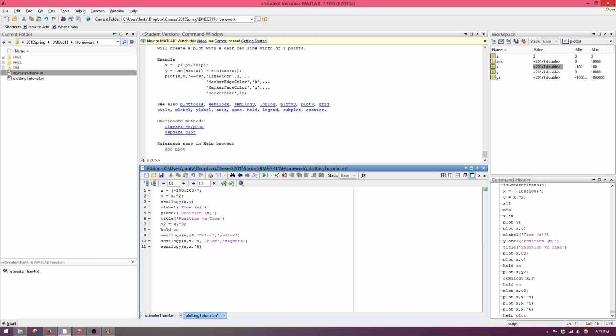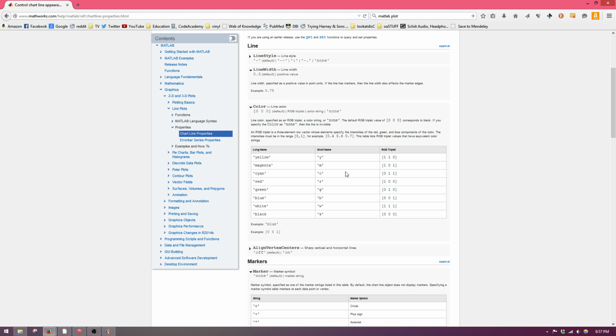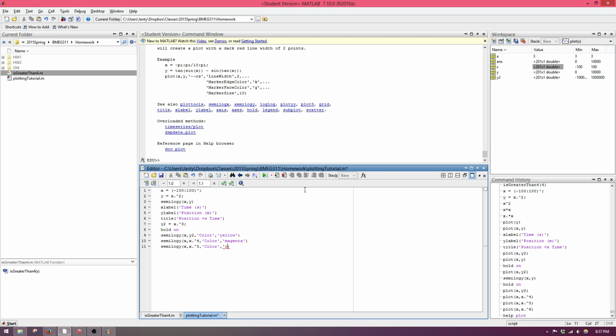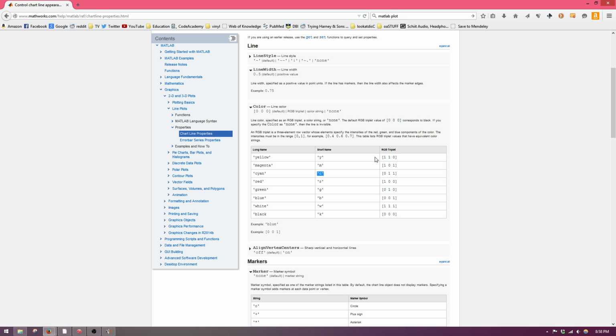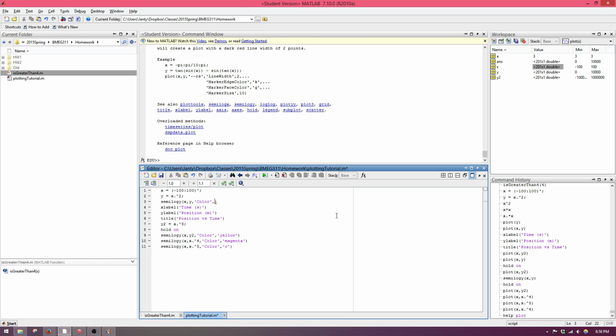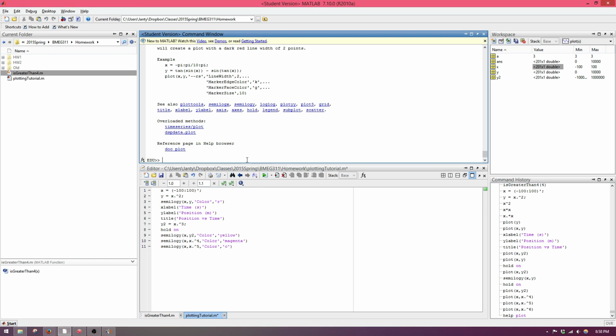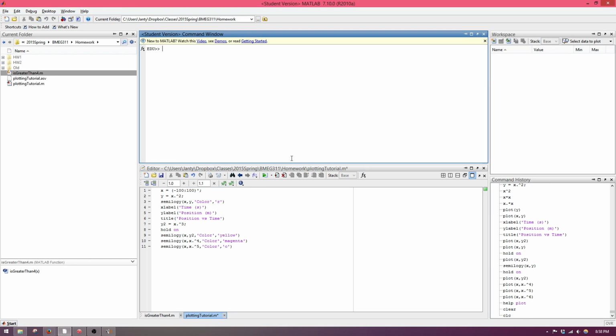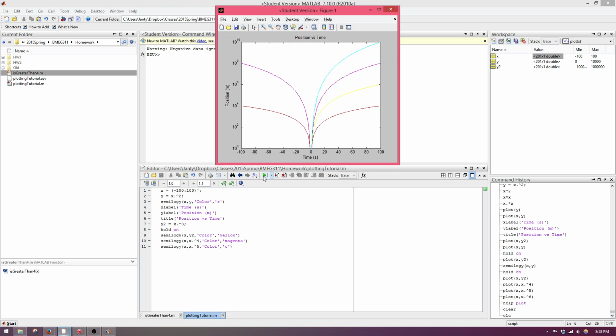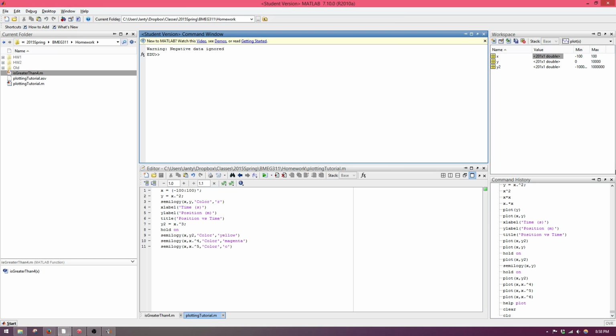You can also do, instead of typing out the entire name of the color, this one letter abbreviation. And then back to our first one, like this, and red, like that. So now, let me clear the workspace. If we run this, we get a bunch of different colors. We still don't know which one's which, so we need to add a legend. So the way that you do that is